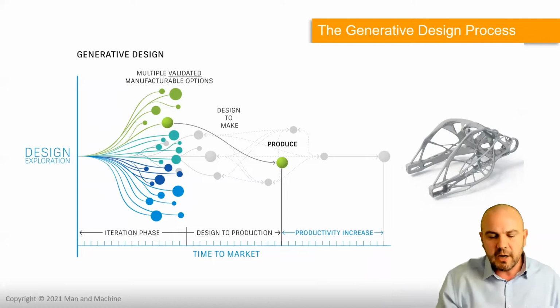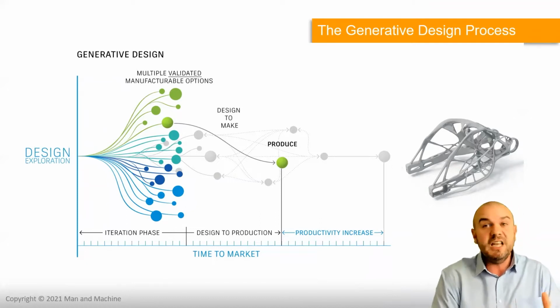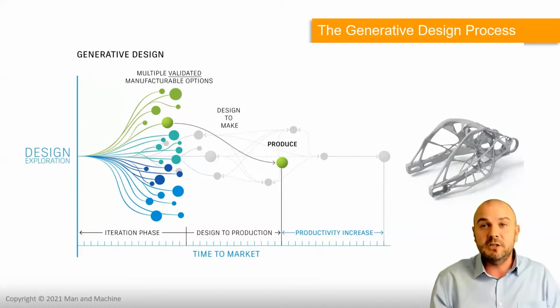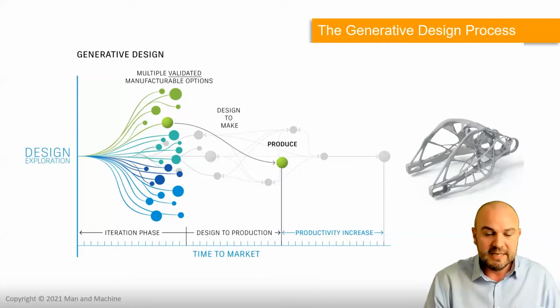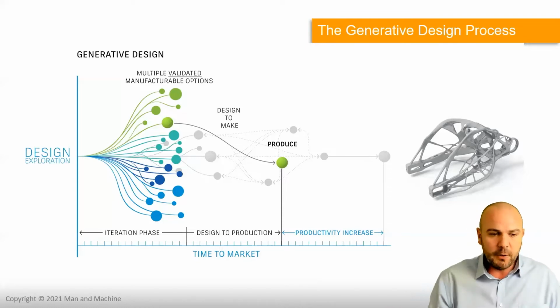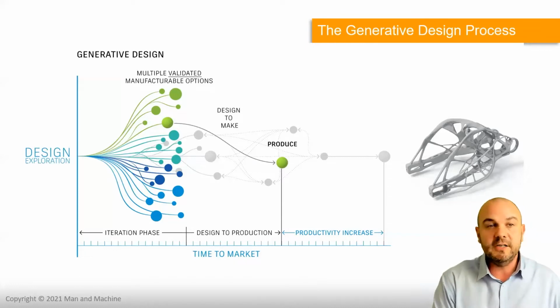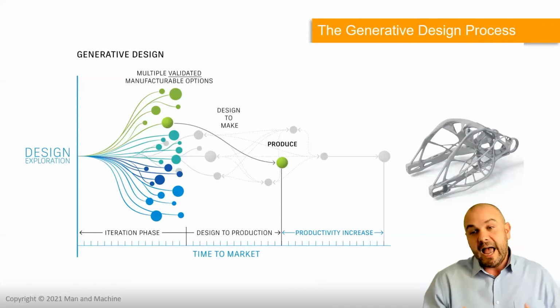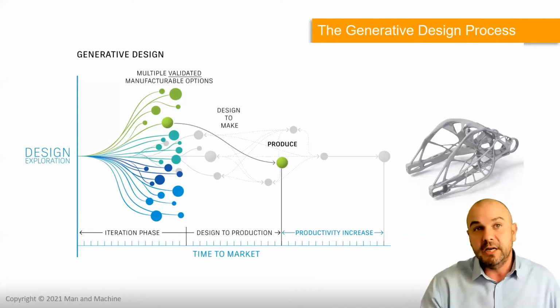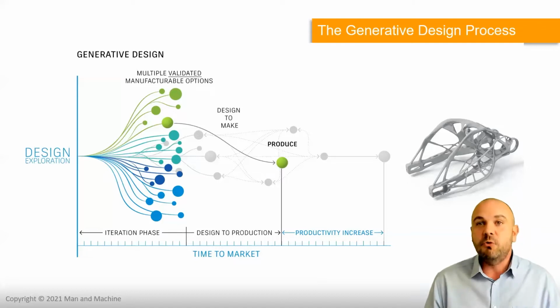What generative design does with the power of the cloud is allow you to explore hundreds, if not thousands, of possible design solutions based upon the parameters that you feed into the computer. You can then, as a designer, whittle them down based upon your own processes, your manufacturing capabilities, or maybe consider how many you're producing. Is it one? We all know that the fewer the batch run, different processes become more or less profitable,